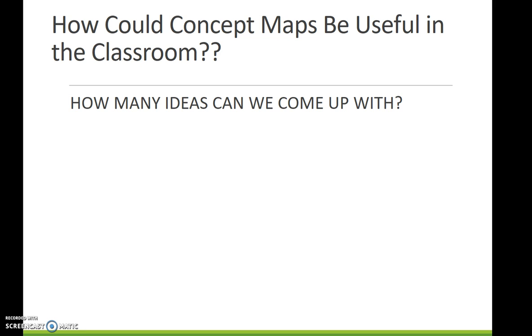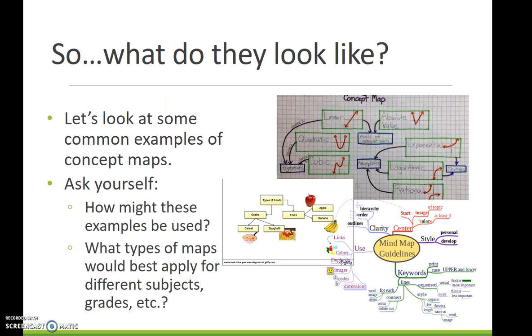We can describe ideas. We can plan papers. We can organize our thoughts about a reading. A family tree was another example. We came up with a whole ton of examples of concept maps and how they could be useful in the classroom. We also looked at some very specific examples of concept maps and some common examples, and we talked through, as we looked at these, how we could use these sorts of maps in the classroom and how they might best